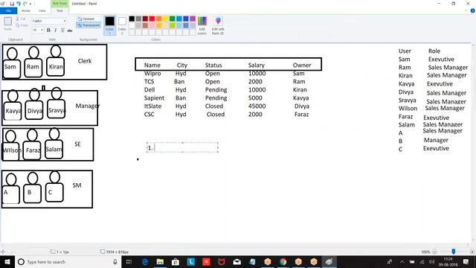Look at the overall requirement. Executives only see. Executives can see those records whose status is something.